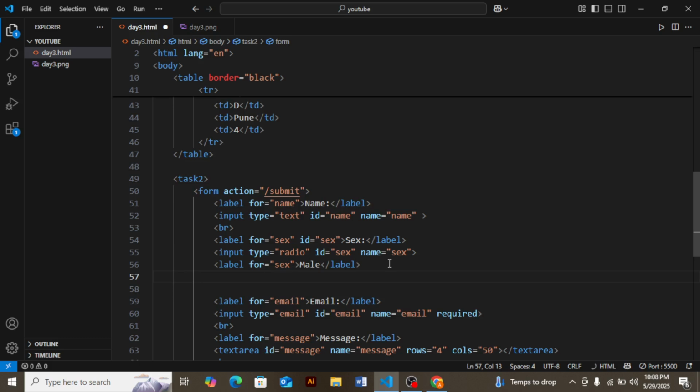Now the input for female. Input type radio, id same, name same, sorry, semicolon, then name.